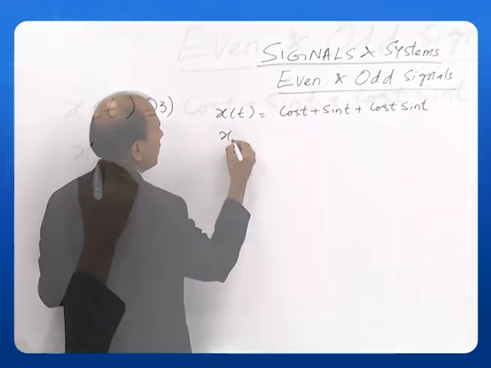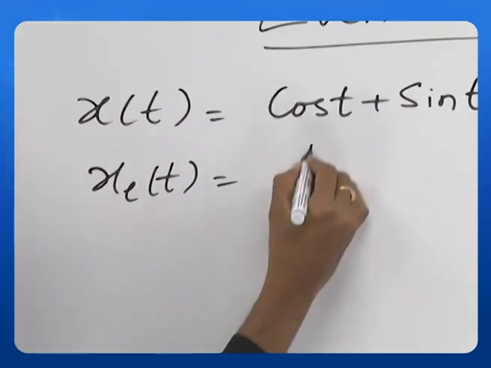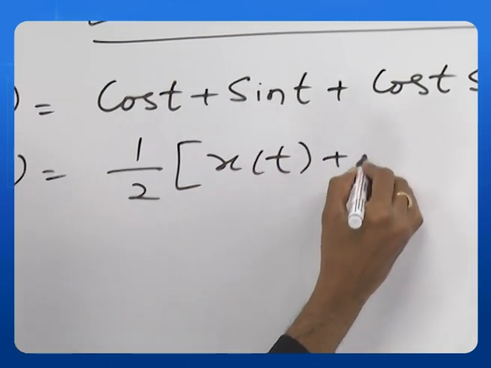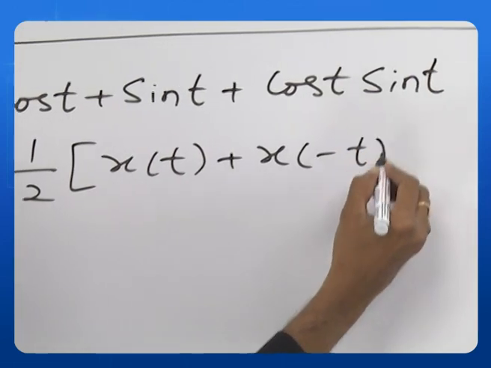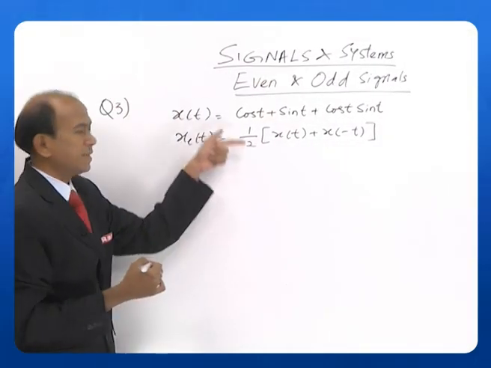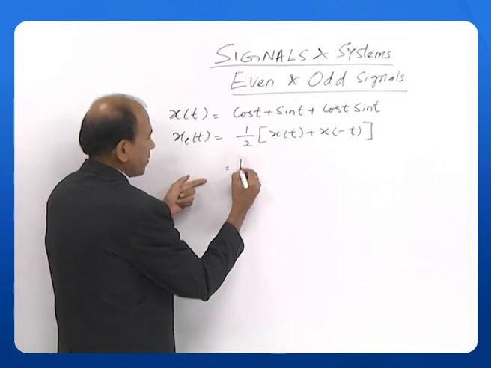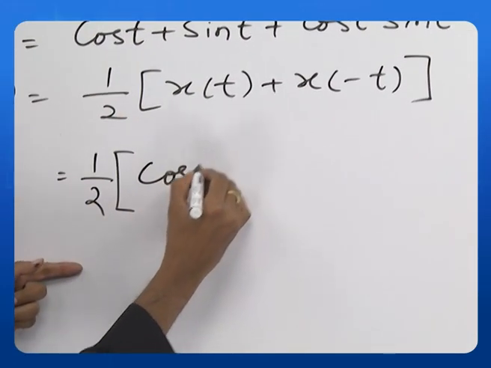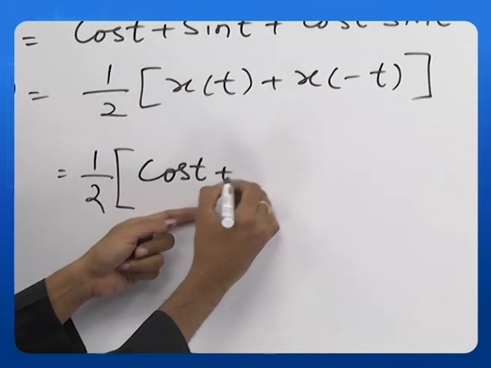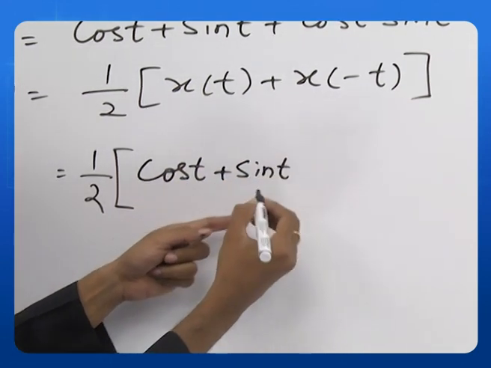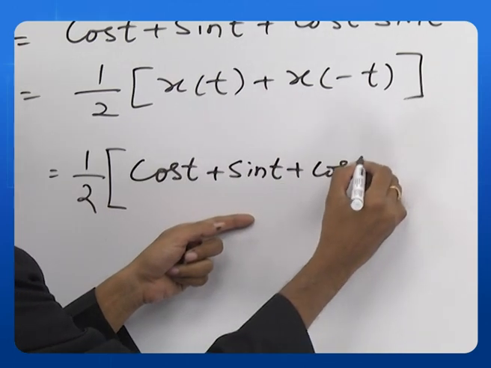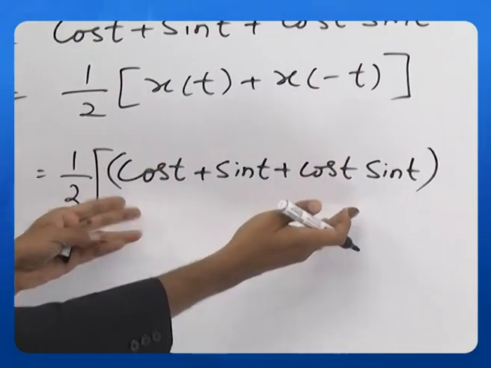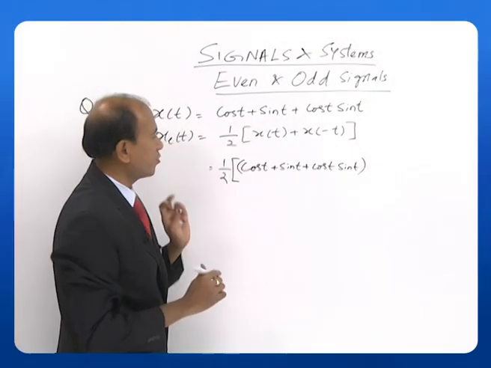So, we know the even component xe of t is equal to half of x of t plus x of minus t. Okay. Let us apply this here. First, let us write cos t plus sin t as it is, plus cos t sin t as it is, because this whole thing is our x of t. Now, x of minus t will be